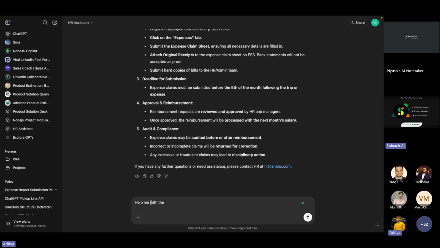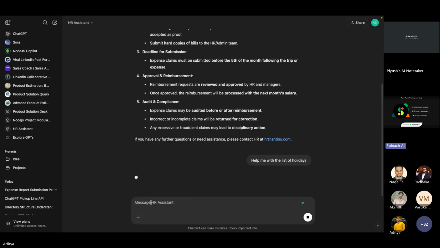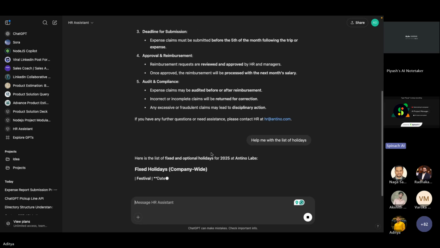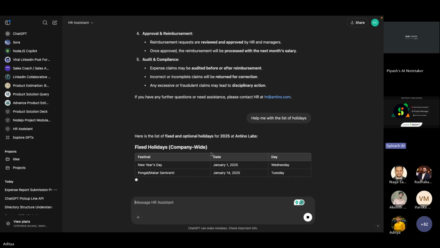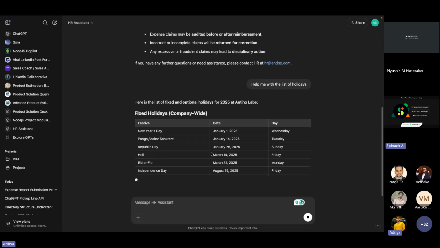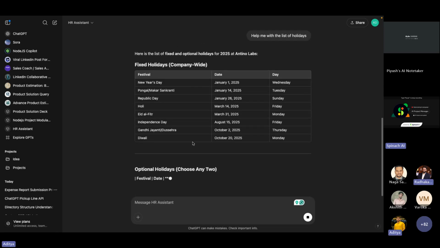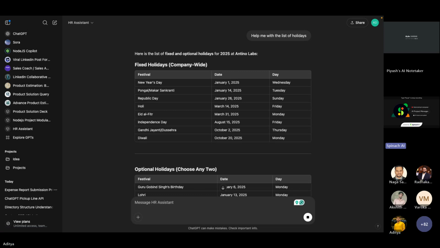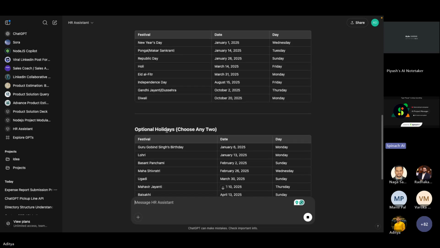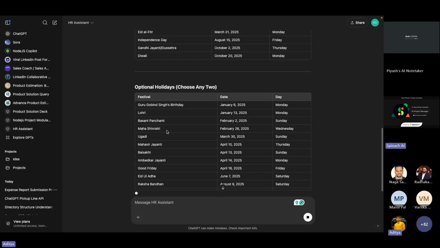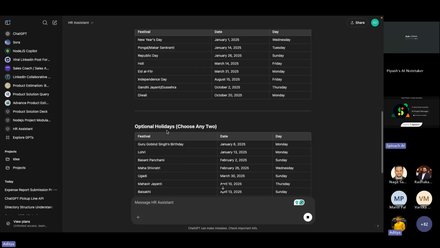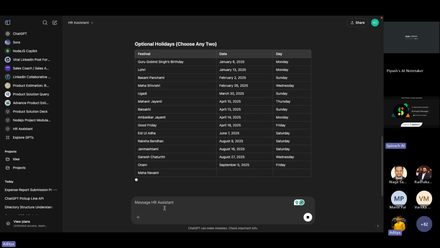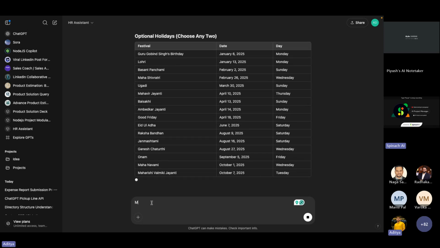Help me with the list of holidays. So basically it will help me with the list of holidays. ठीक है, तो ये फिक्स्ड हॉलीडेज हैं जो कंपनी वाइड हैं. न्यू ईयर पे मिला था हमें क्या? शायद हाँ, दिवाली मिला था. Yes Aditya, it was a holiday. अच्छा, HR भी है कॉल पे क्या? Yes. सो सॉरी मानसी, सो सॉरी यार. No worries. ठीक है यार, ये सारे हमने डिफाइन कर रखा है उसमें, ये सारे इसमें आ जाएंगे. सो अभी पूछने की जरूरत नहीं है कि कैलेंडर कहाँ पे है या चीज़ें कहाँ पे, आप सीधे यही सर्च कर सकते हो. फिर लेट मी चेक वन मोर थिंग, माय मैनेजर